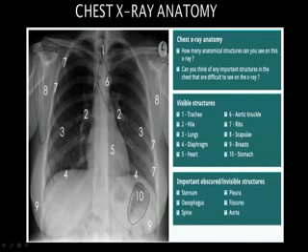Hilar vessels, pulmonary artery, pulmonary veins, bronchial arteries, all structures will enter into the lung at this point. On a chest X-ray, we can't tell which is artery and which is vein. Generally, we can tell this is the hilum. That extent we can tell. More than this, no, not possible.